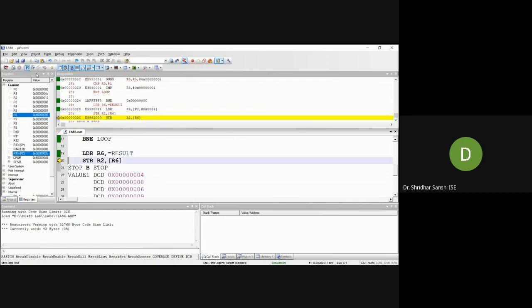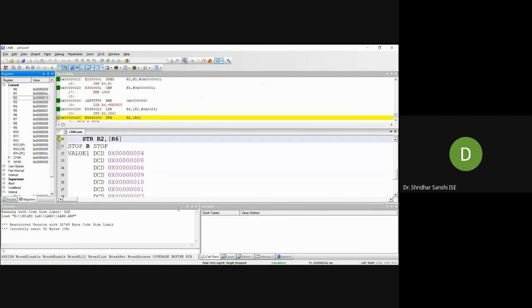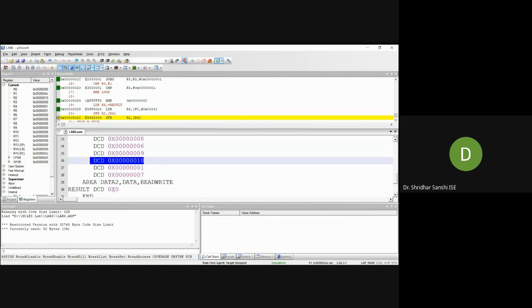You can see the content of R2 is 0x0F, so 15 is the highest. So we have the largest element. This is how you can find the largest element. Now try it for the smallest element. If you're not able to do it, I will explain in the next lab.